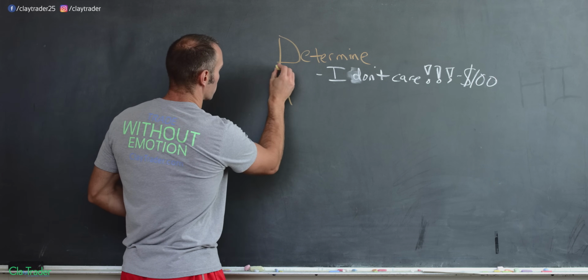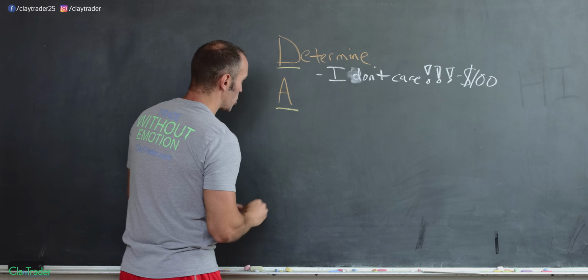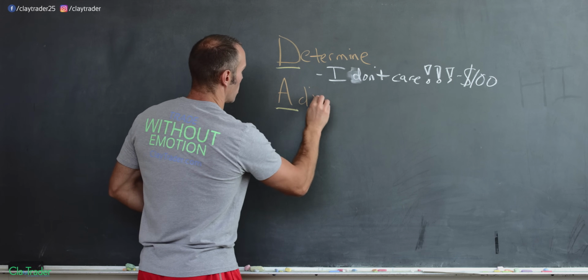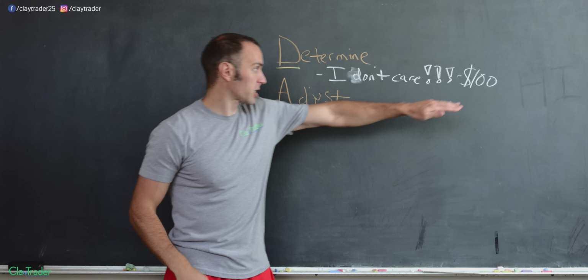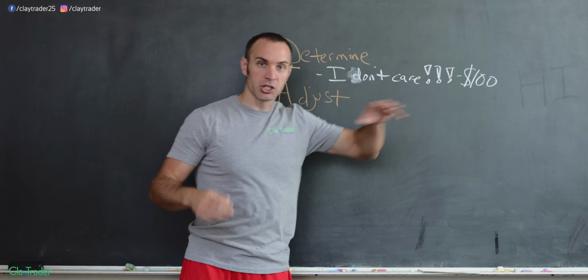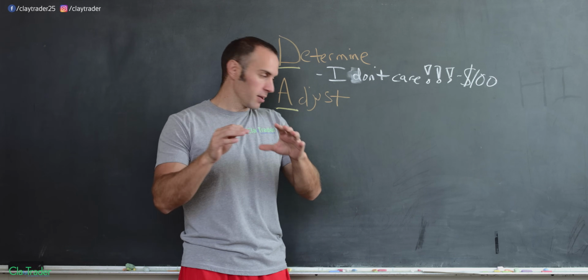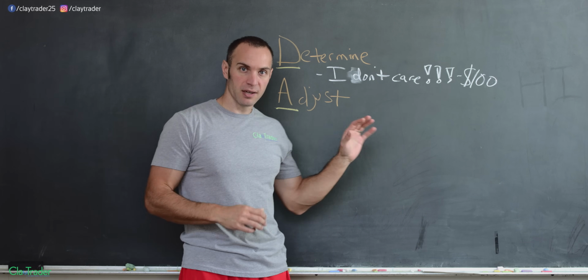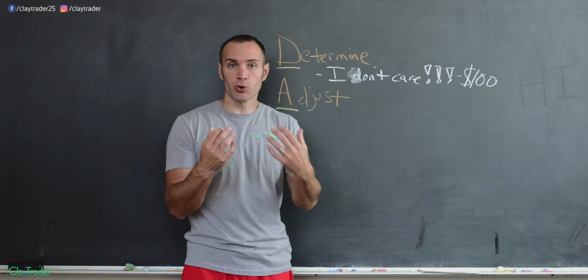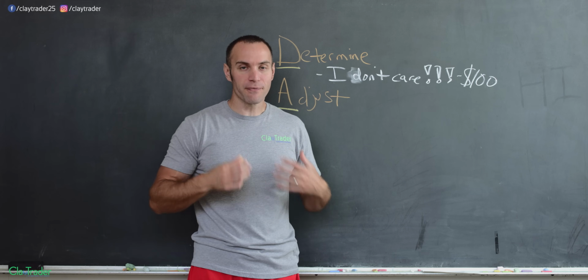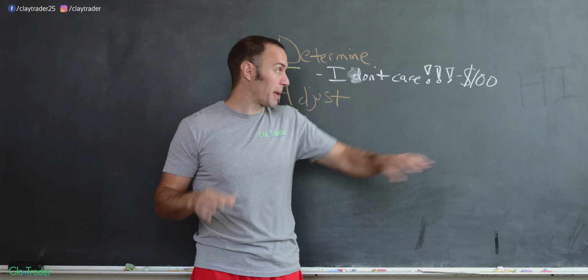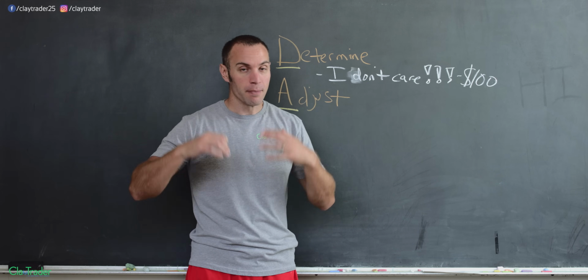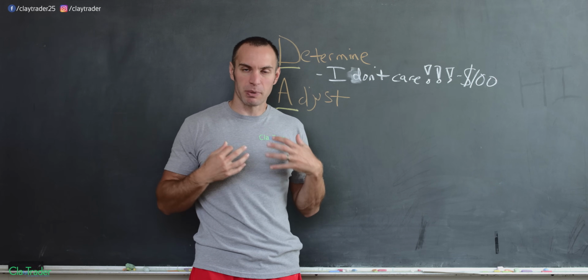Adjust. Now, what are you going to adjust? You're going to adjust this number up here, because you know what? This will make sense, especially when we get to the V part next. But also, you need to realize that maybe you don't quite know. Maybe, for example, for me, I think that it's $100, but maybe it's actually not. Maybe $100 is still going to freak me out. Maybe I'm giving myself a little bit too much credit.